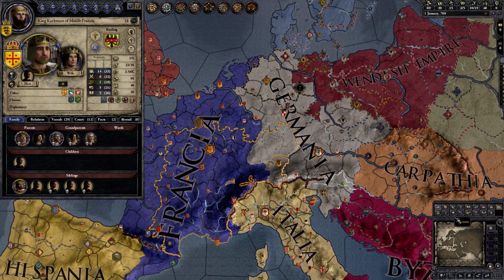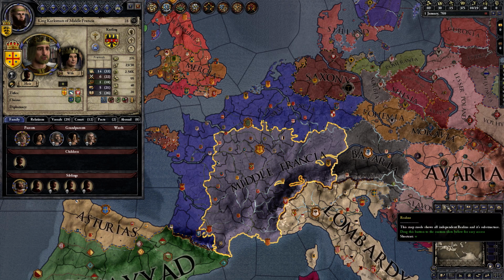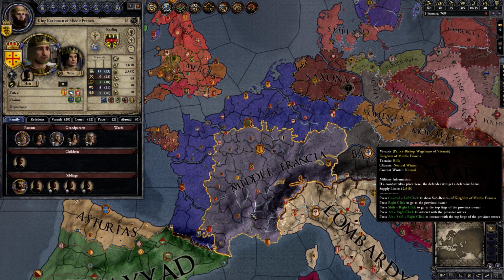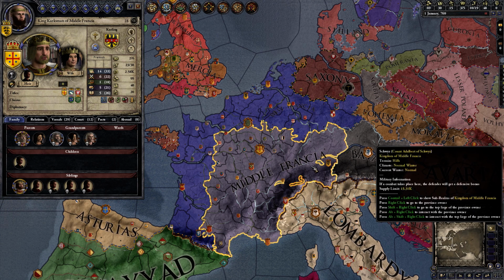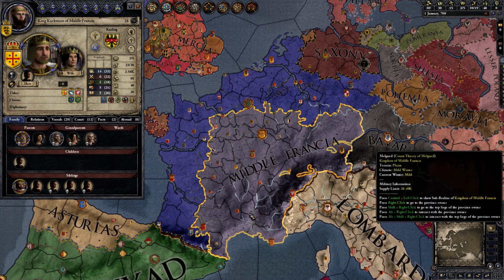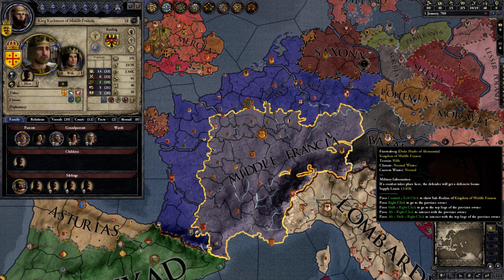And as you can see, the de jure empire and the actual kingdoms don't match. There's a certain overlap, but there's also stuff that's definitely outside of the de jure territory. And de jure basically means that by some kind of agreement, everyone